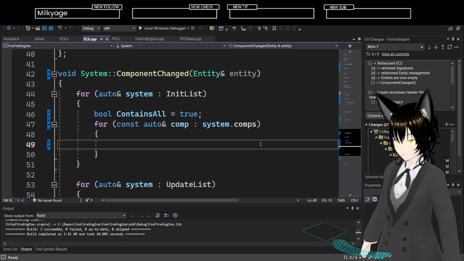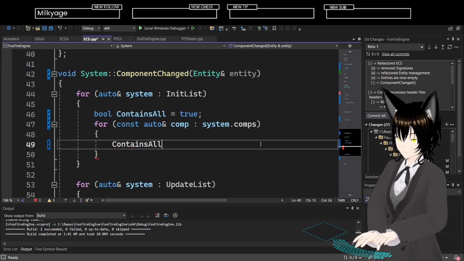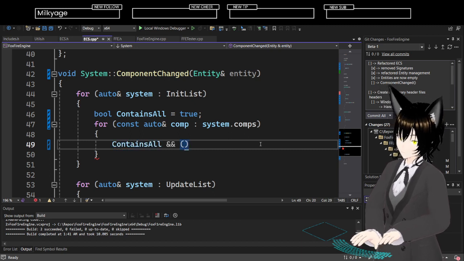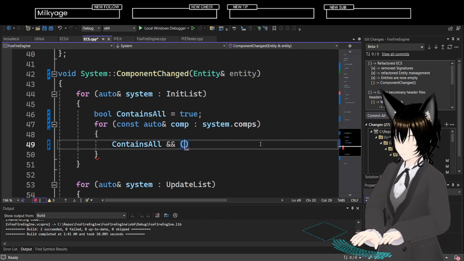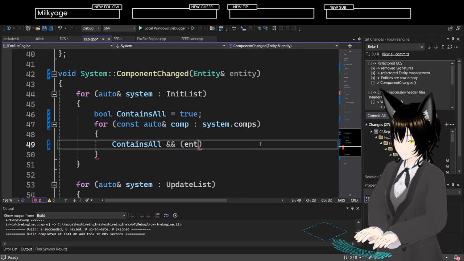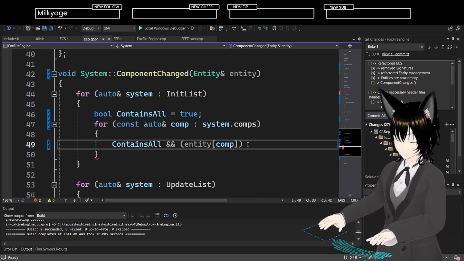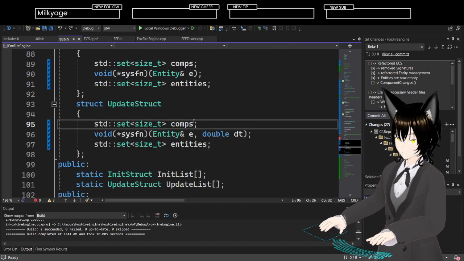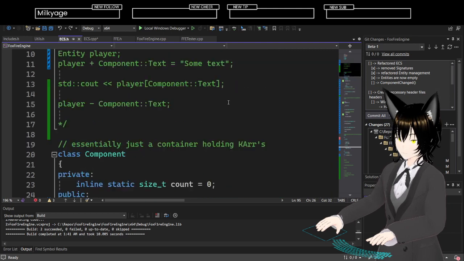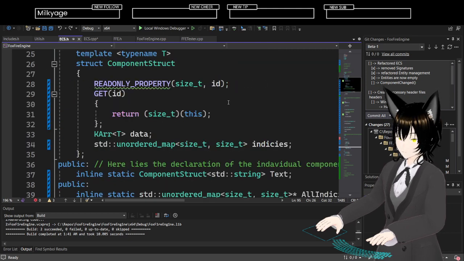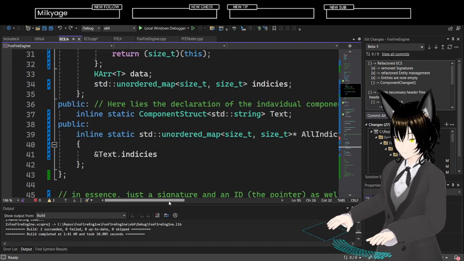So here's a really clever way of doing it, right? Contains all and the expression that is entity comp, that's just the ID. That is just the ID.